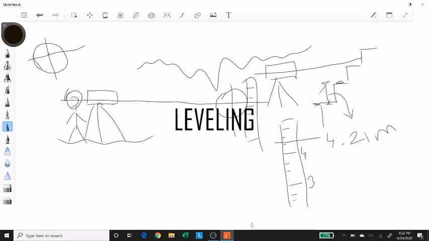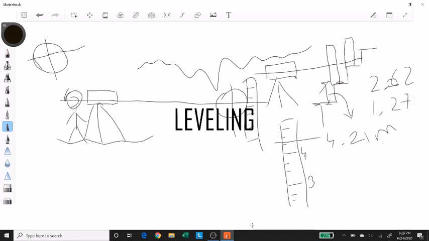This has to be horizontal. It doesn't look horizontal when I draw it, but this line of sight or your instrument has to be level, like you did in compass surveying as well. First you place your leveling staff over here, and let's say the reading comes out to be 2.62, whatever the units. Then you place your leveling staff over here, and now the reading comes out to be